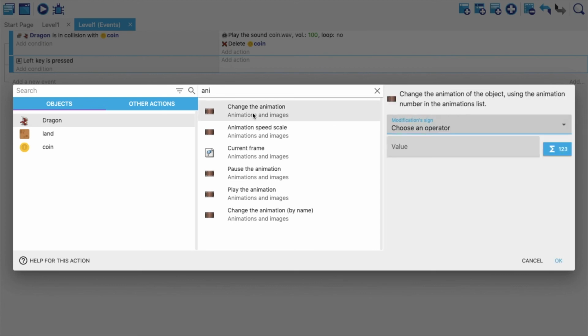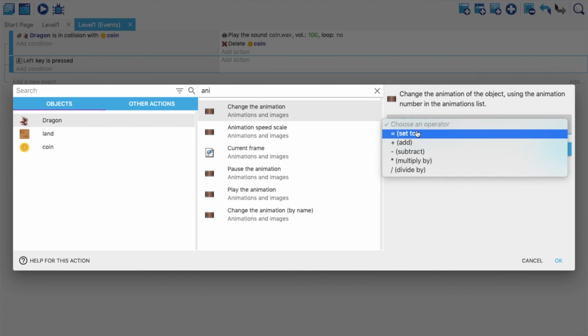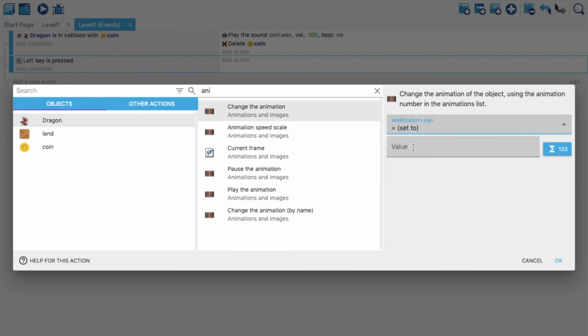When you click on change the animation, there will be mathematical operators where you have to say whether you want to equate it to a particular value, or add or subtract. Obviously we want to make it equal to the value of the animation. In our case, it is animation number 1. If you don't remember, I'll show you again, one second.